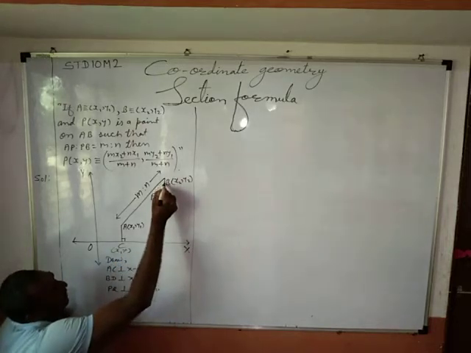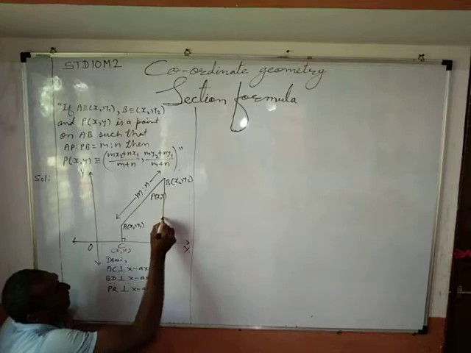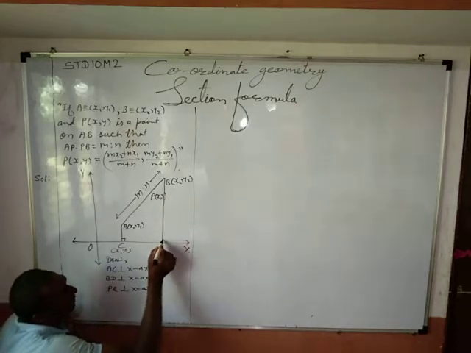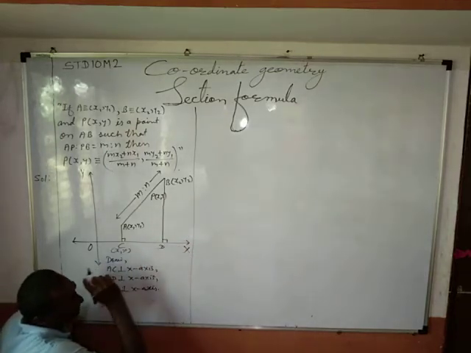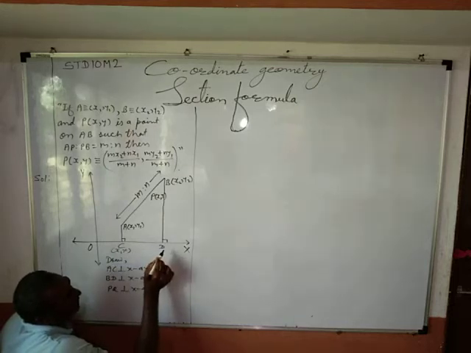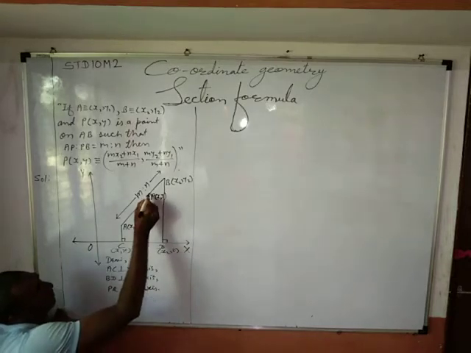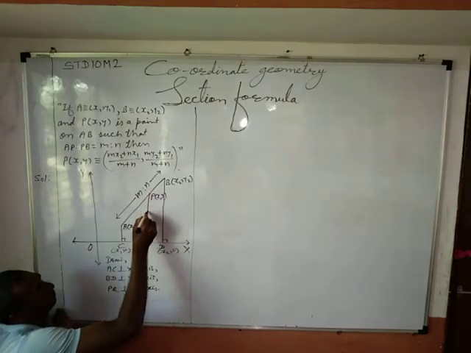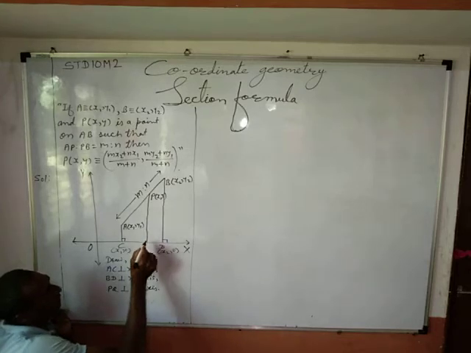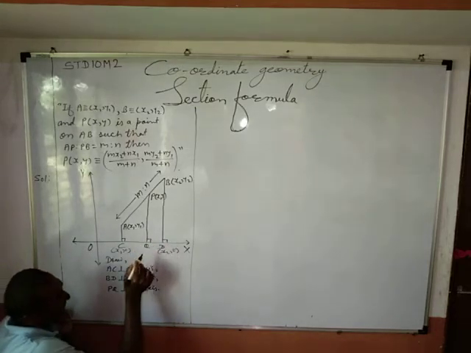Similarly, as BD is perpendicular to x-axis, coordinates of D will be (x2, 0). PQ is perpendicular to x-axis, therefore its coordinates will be